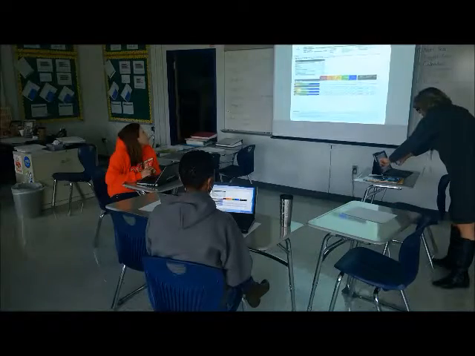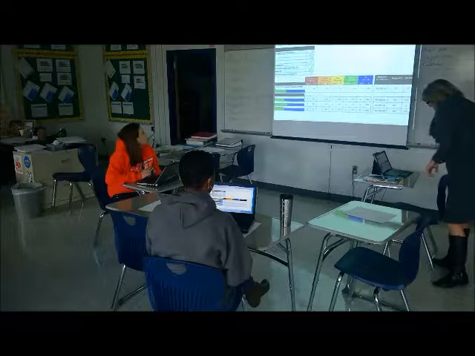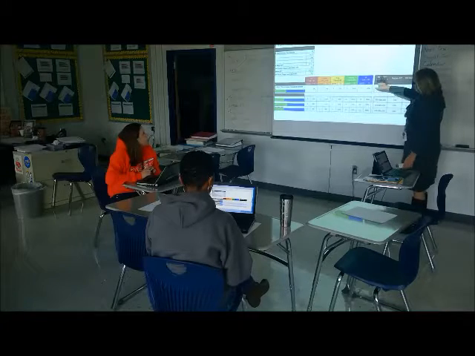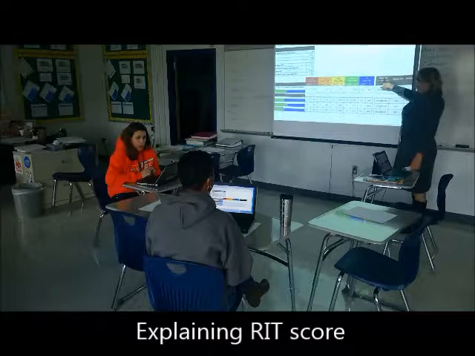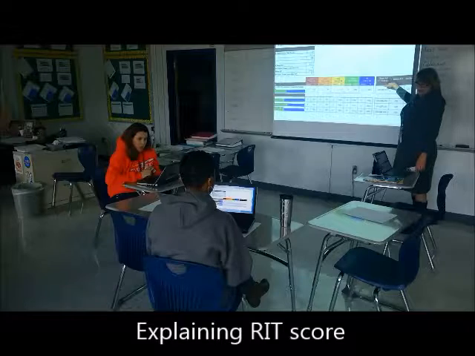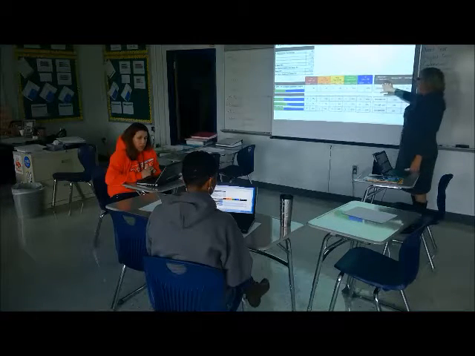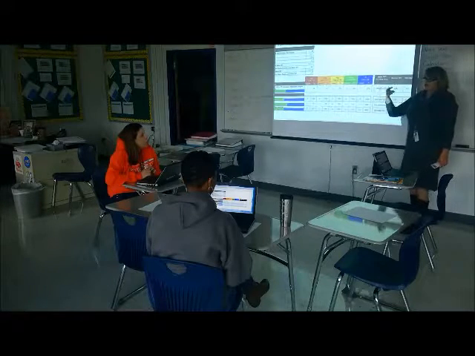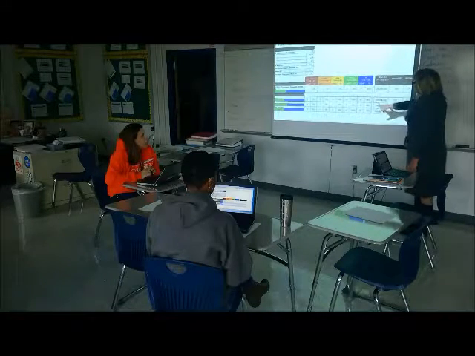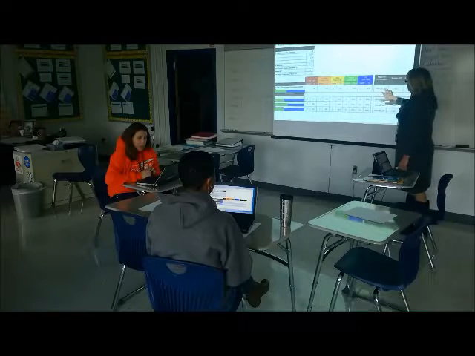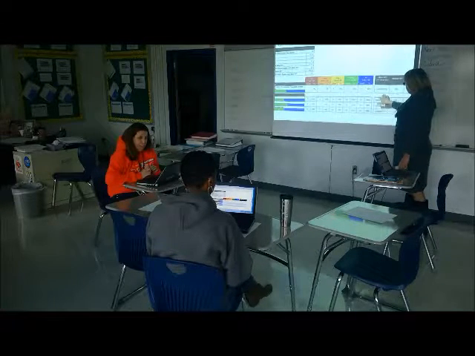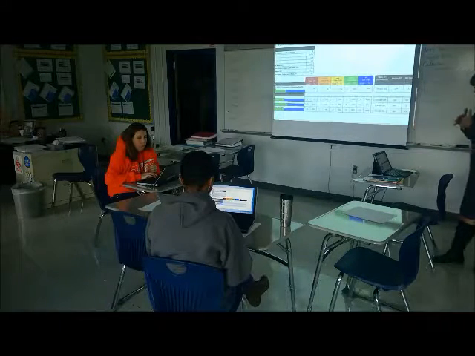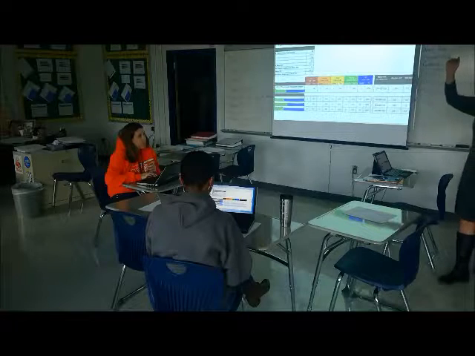So let's look. I want to talk to you a little bit about the numbers. This right here is the RIT, which is ready for instruction today. That's what this means, like where they are. This is actually named after a person, okay, but the RIT stands for ready for instruction today. So this is where they are today, all right? So when you look at this is the mean, median, and the mode. The middle section is the median. That was the middle score for all of your students.